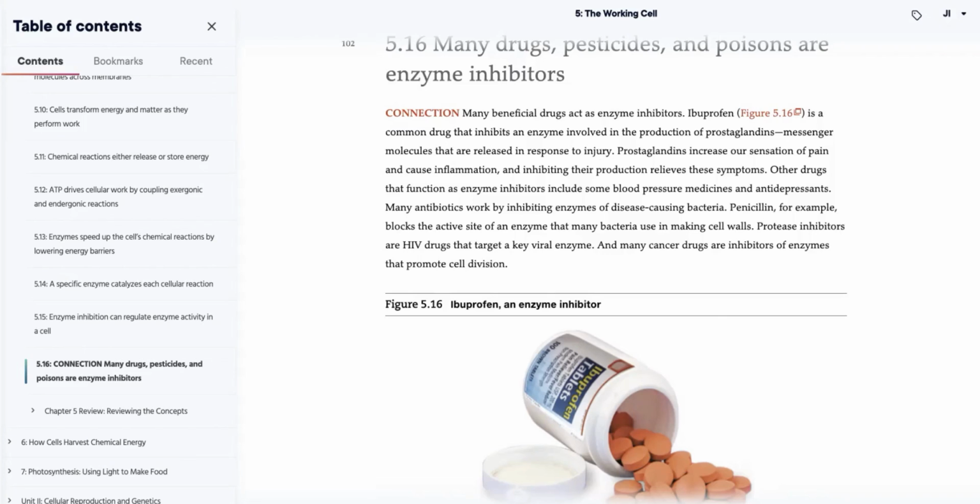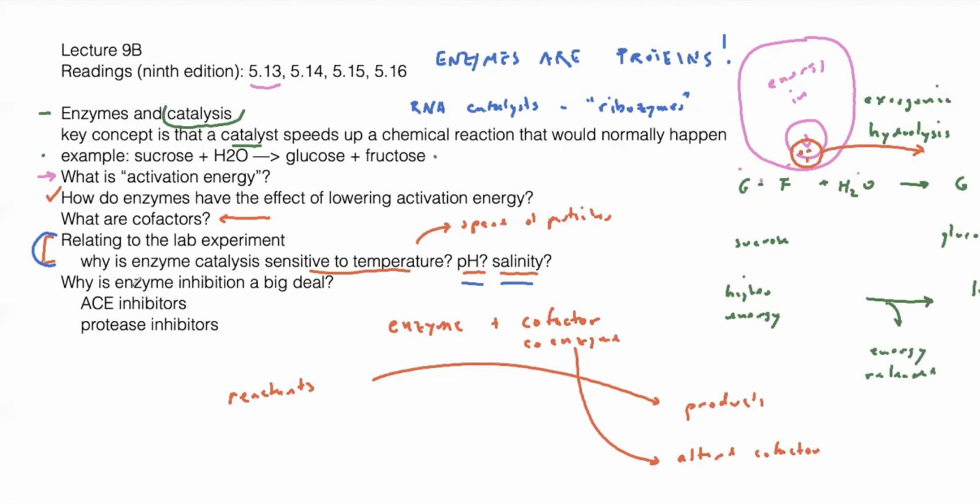Yeah, if enzymes are these super important molecular machines that our cells rely on, if you were to prevent an enzyme from working as fast as it normally does, that's going to have a pretty substantial effect on your physiology, on your cellular physiology, right? And so I want to give you a couple of examples